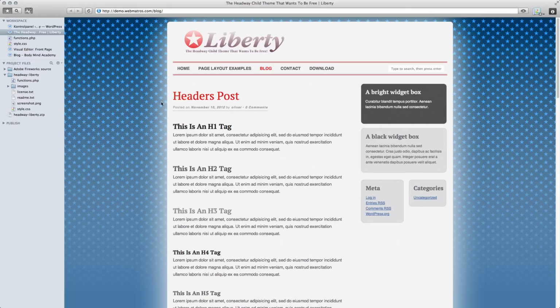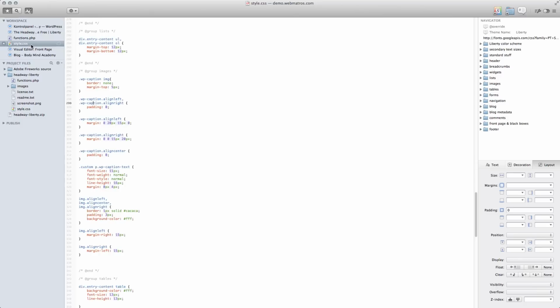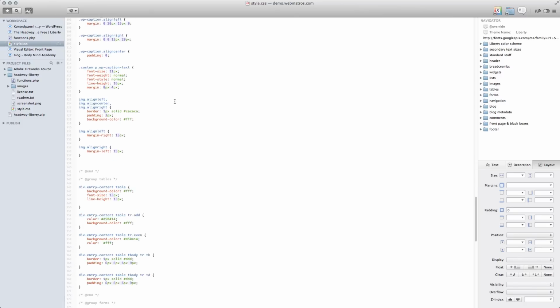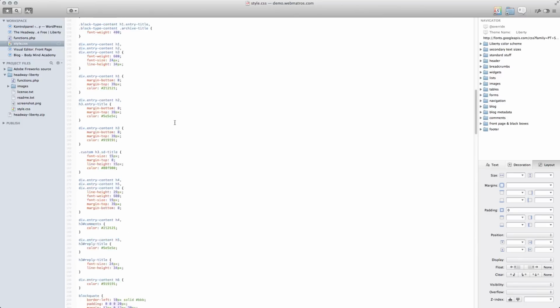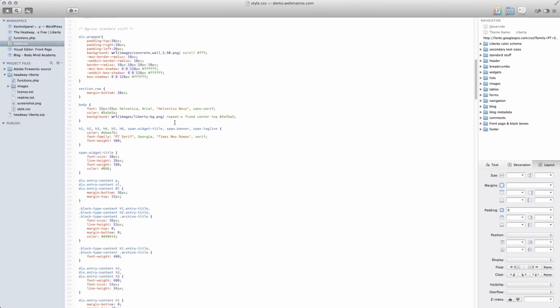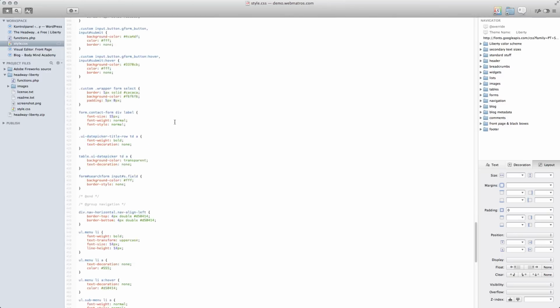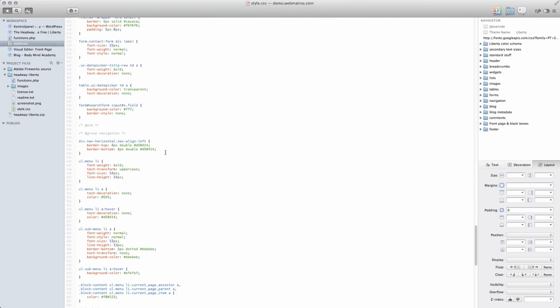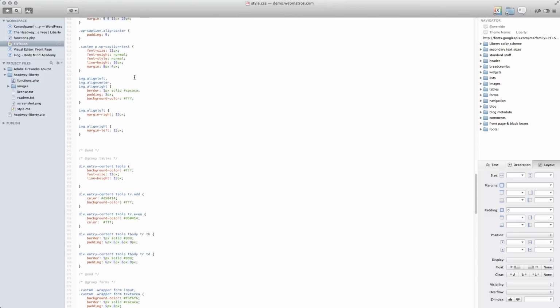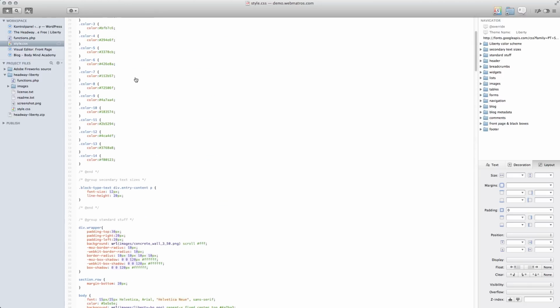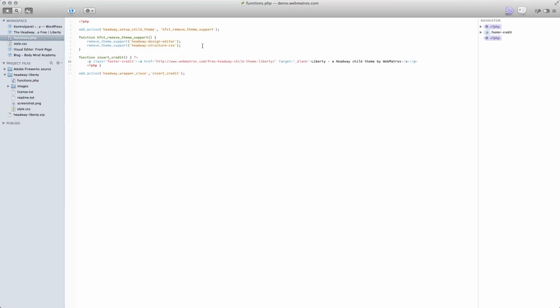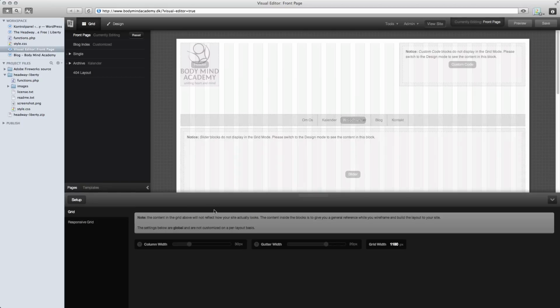Anyway, this is a child theme, and it's built as a regular WordPress child theme. It contains some CSS, and it's actually this CSS that defines how the child theme looks. Without this CSS, it is totally blank. Just looks like unstyled HTML. You can use some of Headway's basic styling in a child theme, and you can keep the visual editor active.